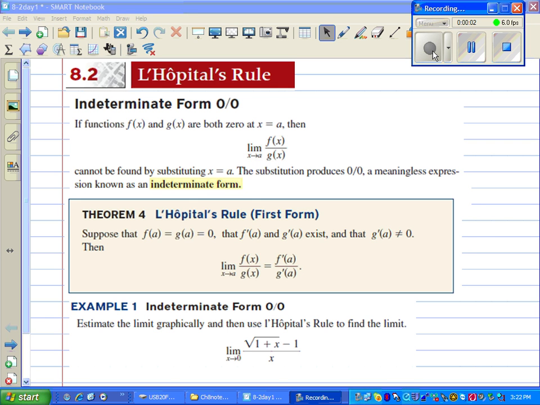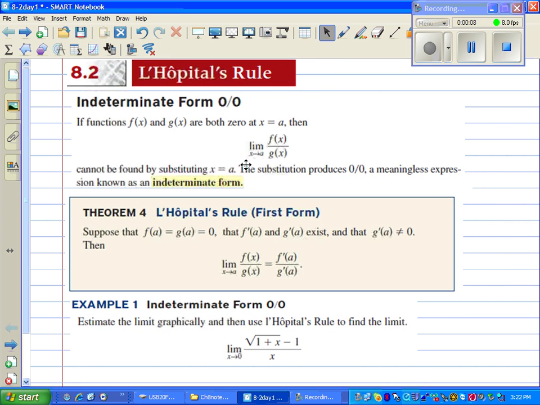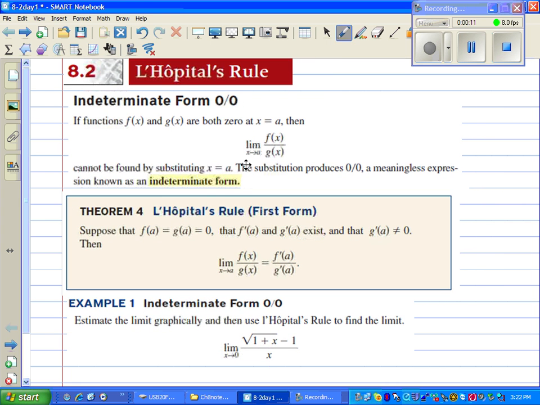Hey everybody, this is section 8.2, L'Hopital's rule. When we are taking the limit as x approaches a of f of x over g of x, really what L'Hopital's rule is about